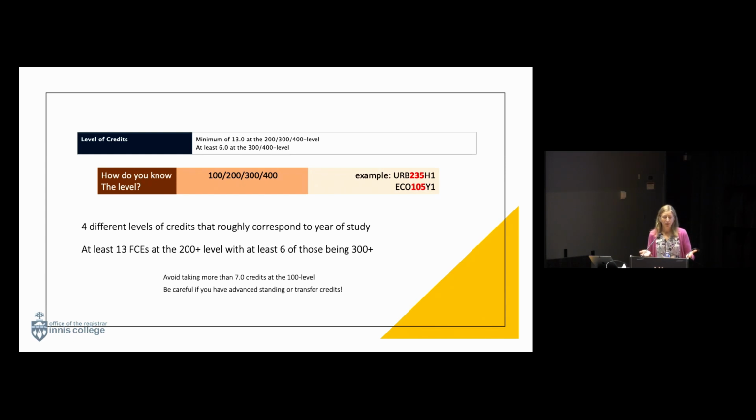In those 20 credits that you need to earn, at least 13 of those credits need to be at the 200 level or higher. And of those 13, at least 6 of those credits need to be at the 300 level or higher. So you've probably worked out by now, if you need 20 credits to be eligible to graduate, 13 at the 200 level or higher, that leaves room for 7 credits at the 100 level. So just be careful. You can take more, but the more 100 level credits you take adds to the total number of credits that you'll need to take before you can be eligible to graduate.